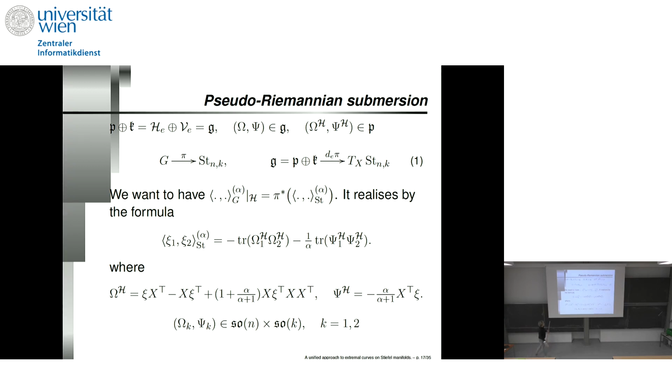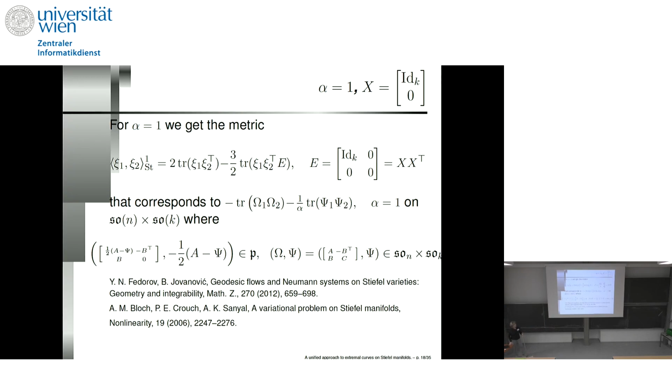Here is just a formula for how the tangent vector Xi to the Stiefel manifold is related to the projection of a skew-symmetric matrix to the horizontal part. I didn't write the vertical, but for the vertical it's also possible to write such things. Okay, now,